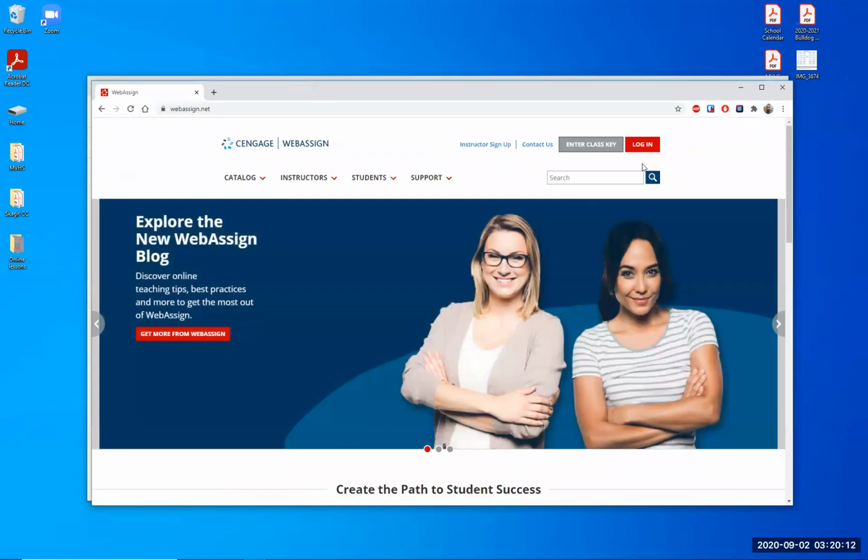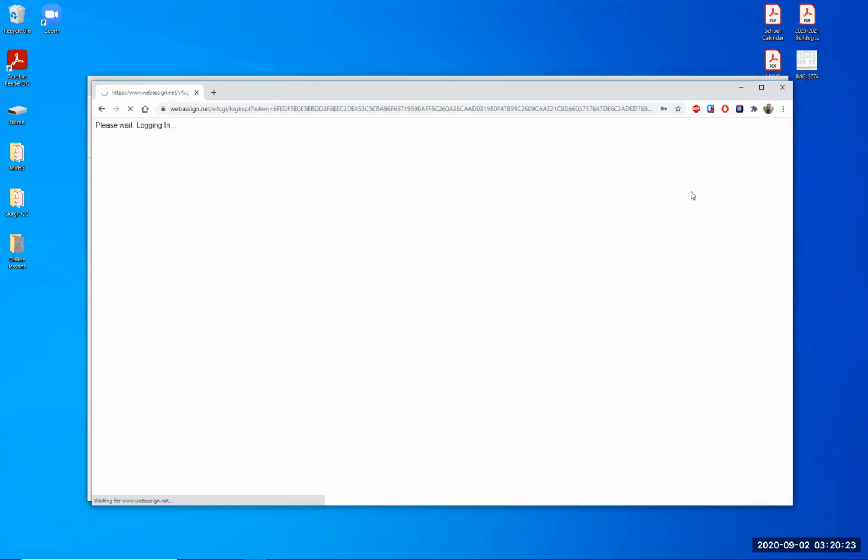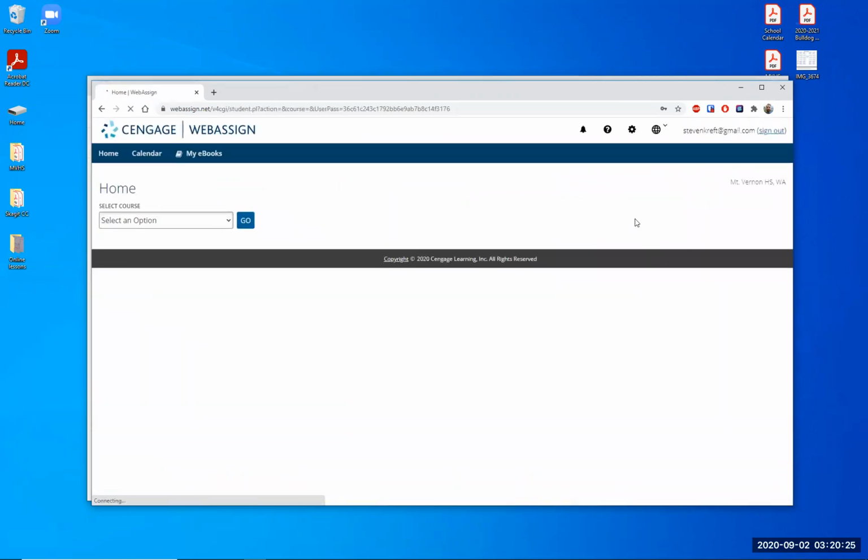Let's do this. I'm going to log in because I already have an account. Password, sign in. Okay, so when you sign in, once you get that all set up, now you probably won't get this screen